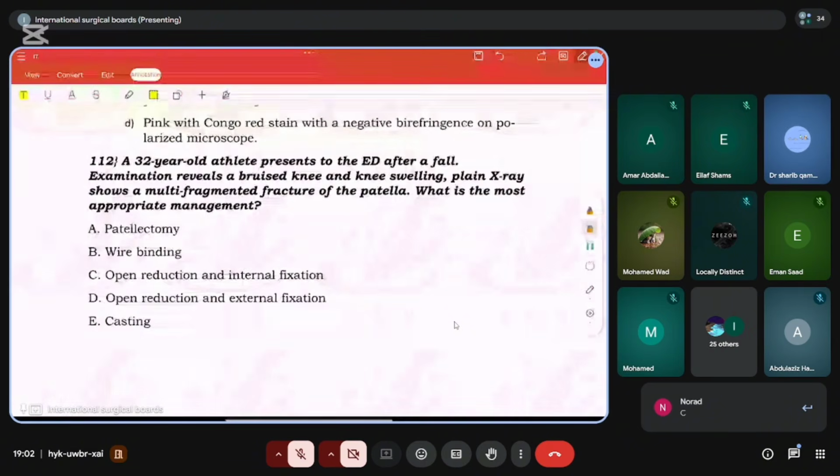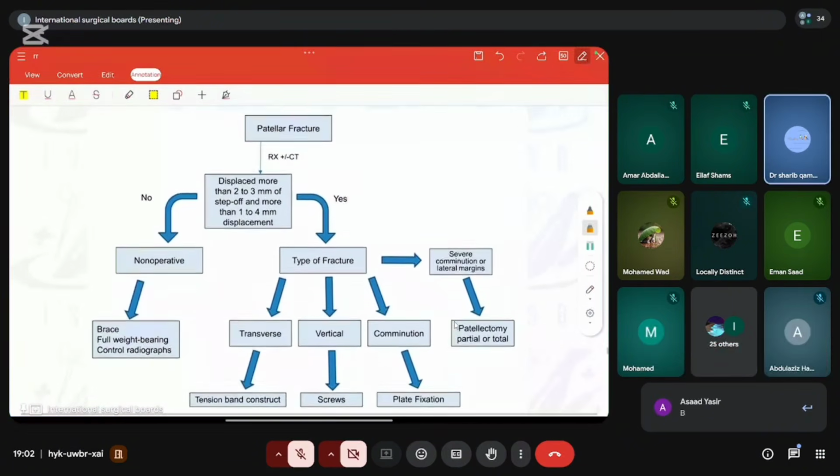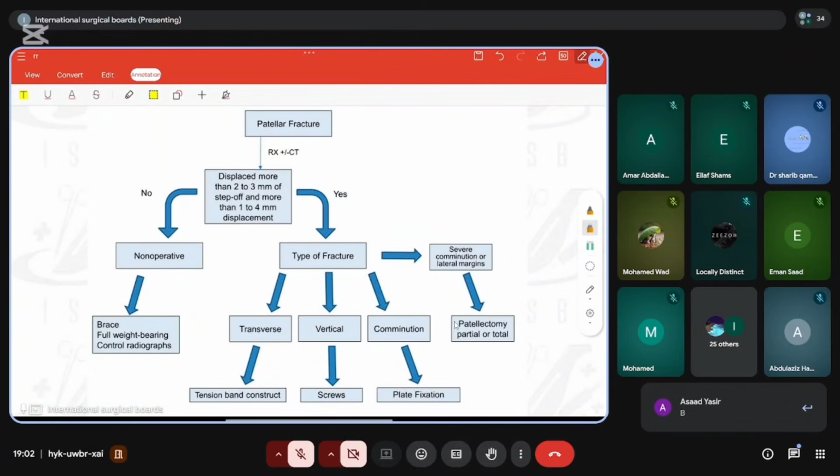Okay, let's see the guideline here. This is the guideline. Let's read it together. They say here patellar fracture. The first thing you need to know is whether it is displaced or not displaced. If not displaced, then it's non-operative, that is a brace, whatever. Okay, if displaced,